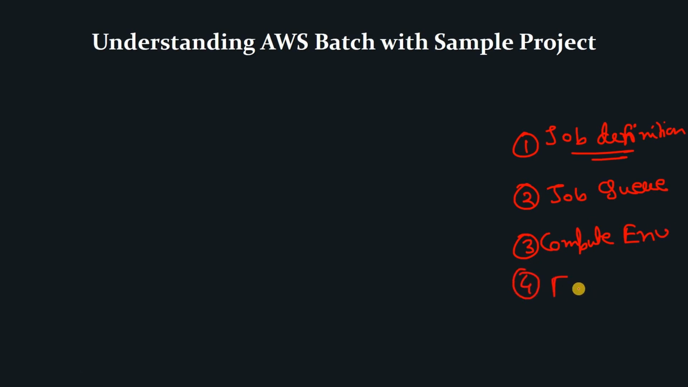Apart from that, we need ECR. Okay, so these are the major things we need to implement any project in AWS Batch, right? So let us try to understand one particular simple project flow, and then we will try to implement that same flow in AWS Batch. Okay, so suppose I am having some sort of REST API,